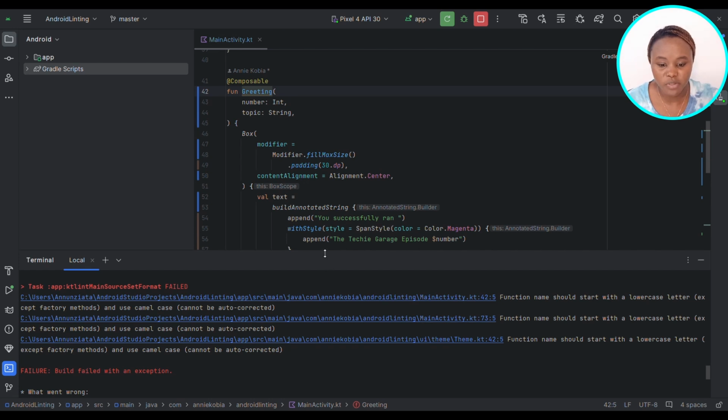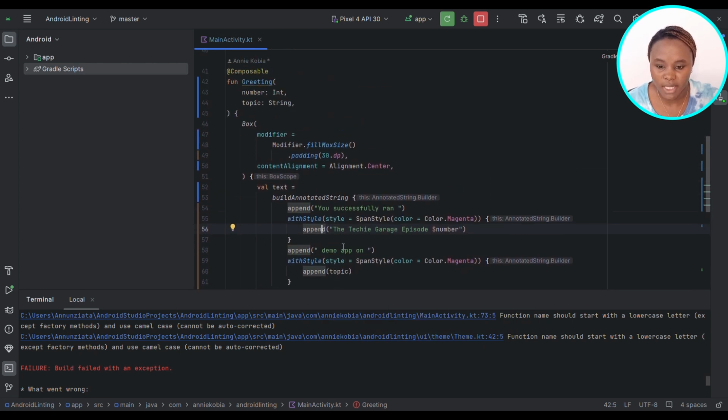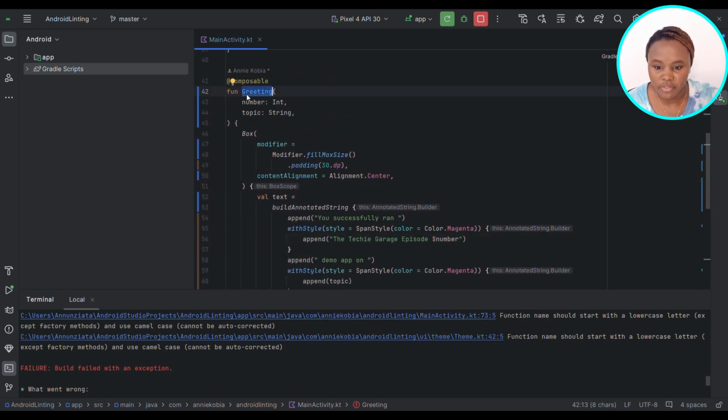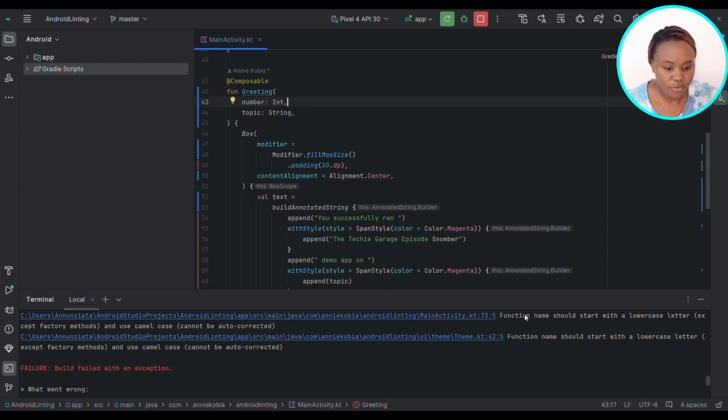So in terms of naming in Kotlin, functions should always be camel case format, and in our case, whatever is flagged is line 42, the function greeting. But the function greeting is a composable function, and composable functions should be camel case, but with an uppercase for the first word. So this is automatically flagged, but really it should not be flagged because it's a composable function. So what we want to do is to disable the rule that is flagging this function name. We want to disable it specifically for composable functions, so not any other functions. So to be able to disable a rule,